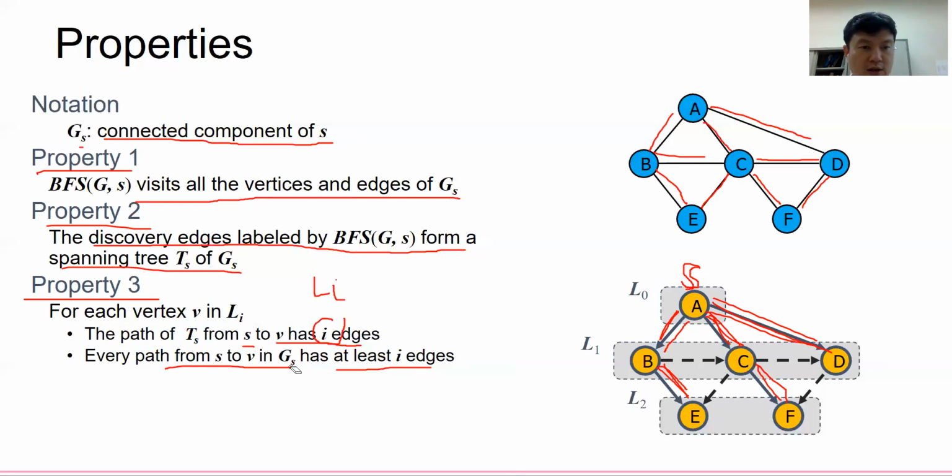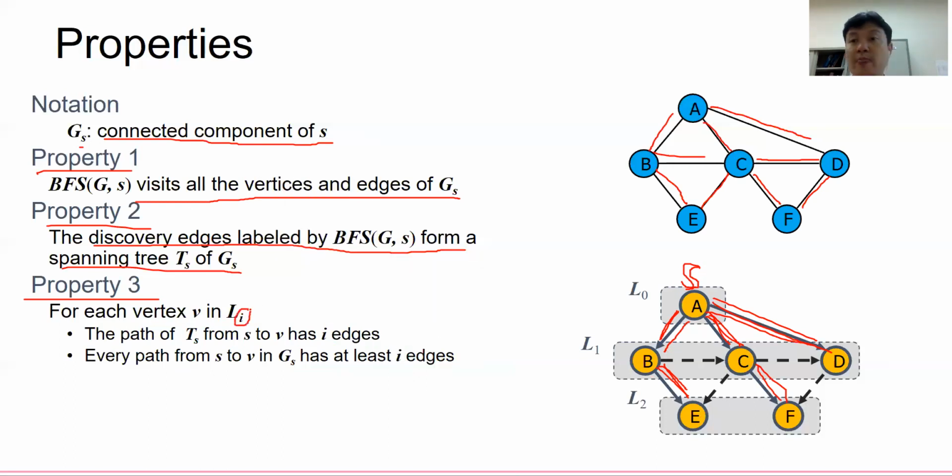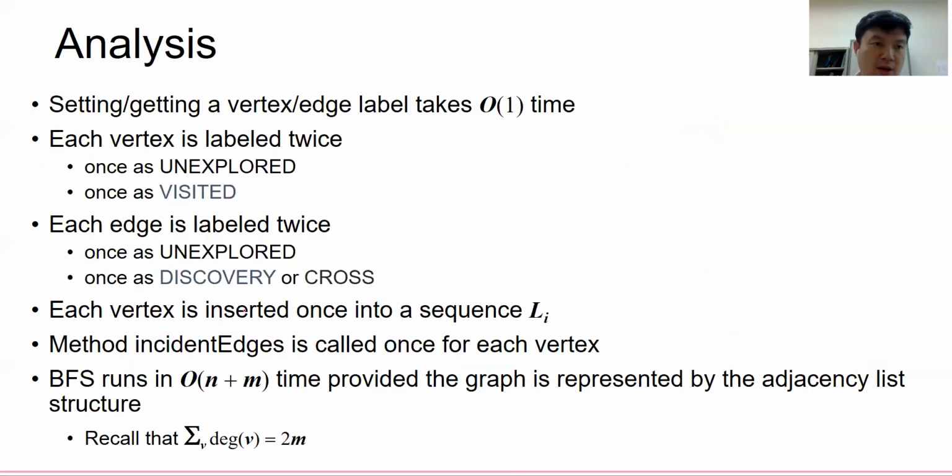So the I here represents something. If I equals 2, then it means it will have only 2 edges for visiting the other node. Okay. So the analysis here: it will take O(n) in order to get or set a label. And when you try to label the vertex, because there are 2 states, unexplored and visited,